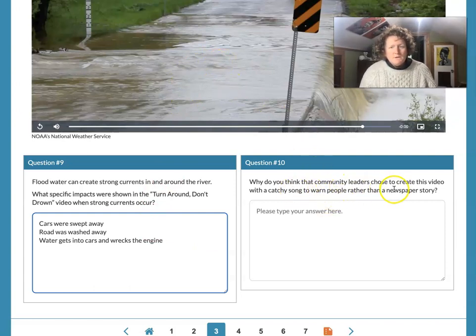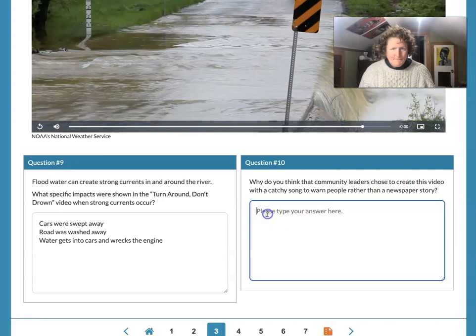Why do you think the community leaders chose to create this video with a catchy song to warn people rather than a newspaper story? Well, my first question is, do you read a newspaper? Do you know many households that get a newspaper that are kind of young and brazen and might try to drive across a river? I don't know many people who get a newspaper delivered to their house anymore that they pay for, especially young people. So going to social media and creating something kind of catchy and fun is probably a better way to reach people who are going to be a little bit bolder,